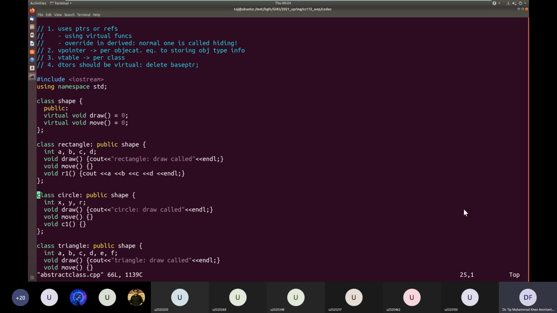Is it clear? What Hamza called common behavior, in terms of C++, we call a common interface. This common base class provides a common interface so that all the derived classes can implement this interface, and then we can use the base class pointer to call these interfaces on the derived class objects.